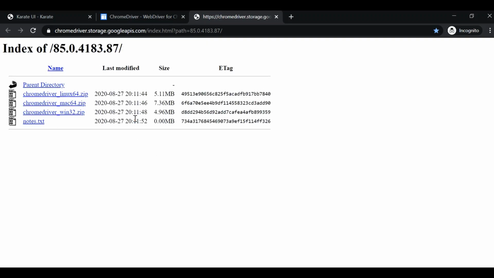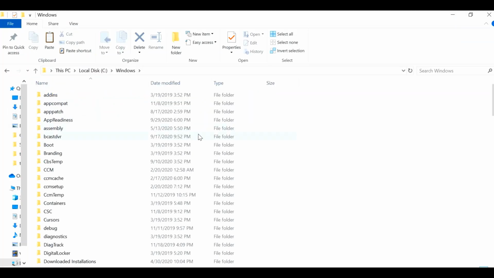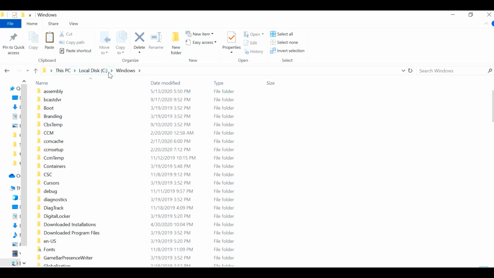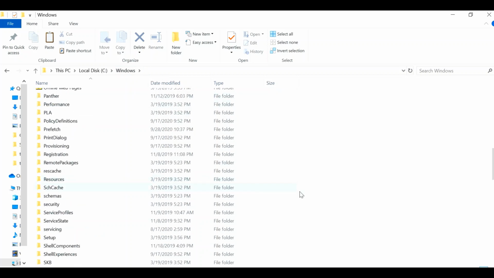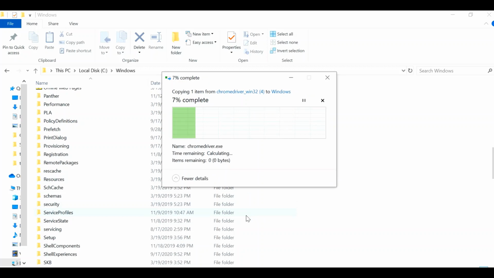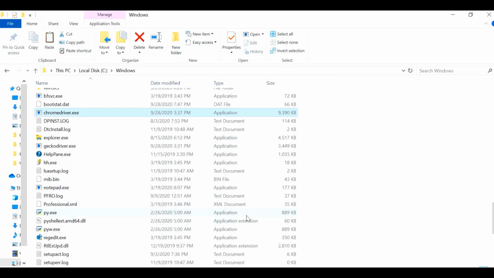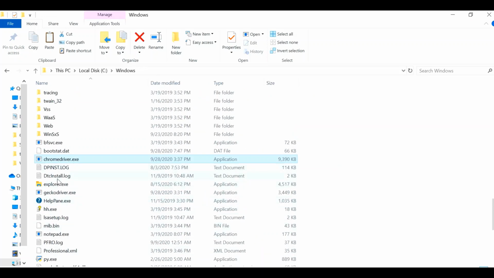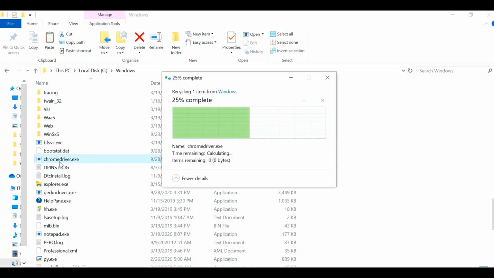You can download this file by clicking here. You can choose the chromedriver Windows 32 zip, even though it's 64-bit. In Windows, you can either keep it in this location, this PC, local disk C, in the Windows folder, and just add your chromedriver executable file. Or, let me delete it from here.